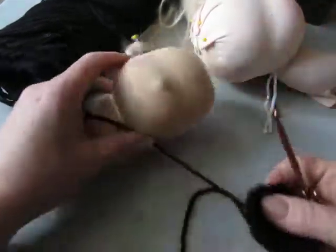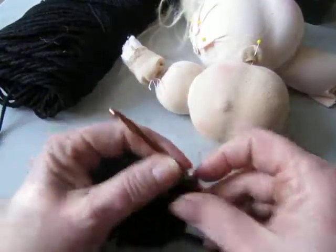Okay, we're going to have one more row. So I'll stop this and then I'll start again in just a